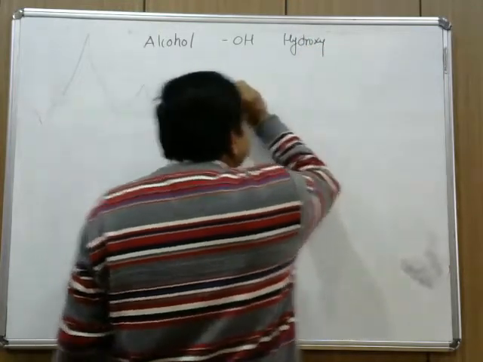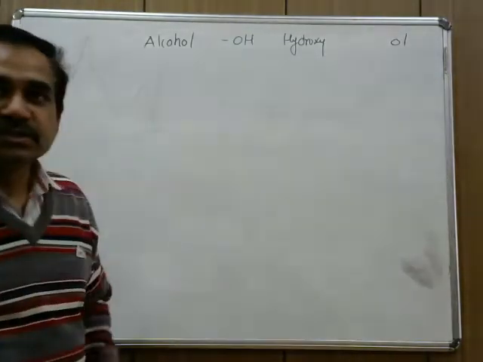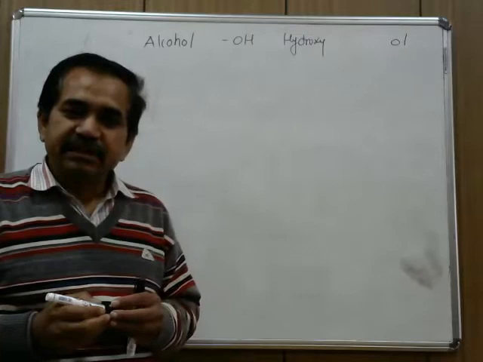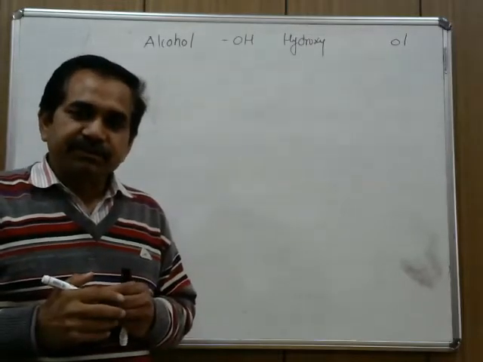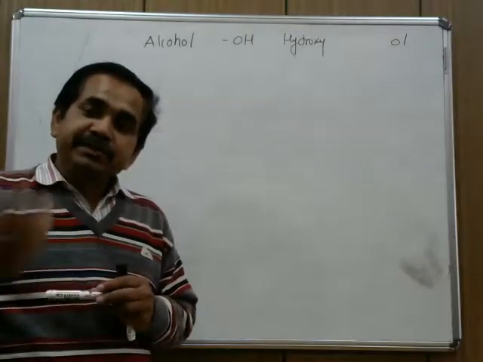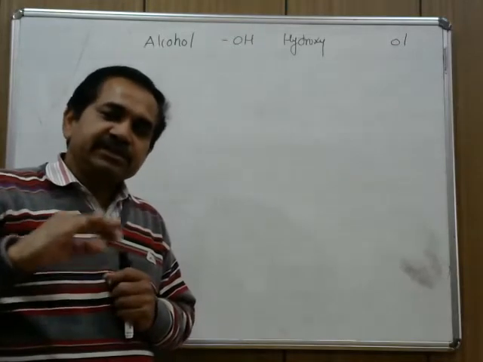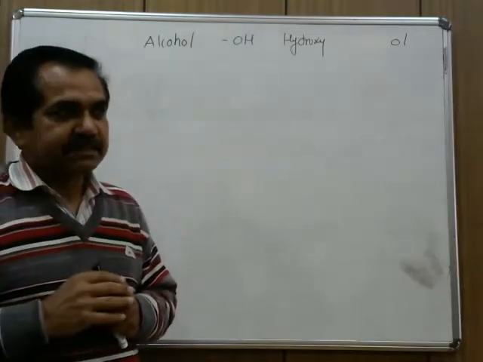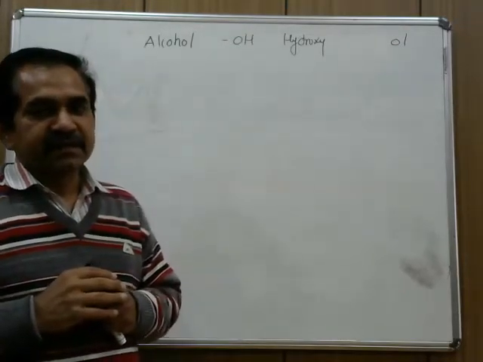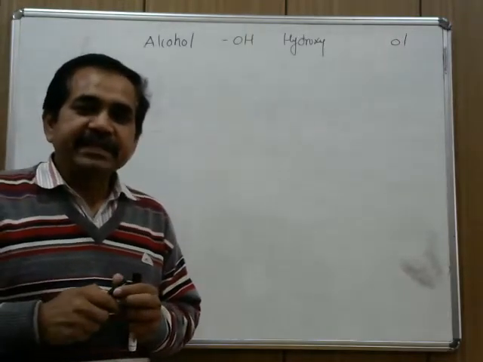While when OH is treated as the functional group, the suffix used is ol. This you know, ol. But if the OH group is present in a compound where the principal functional group is something else,